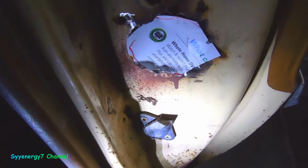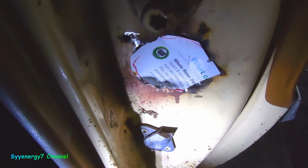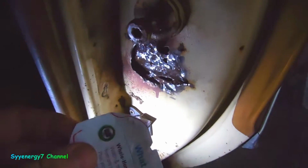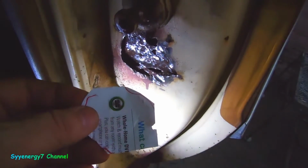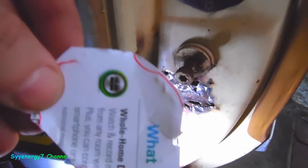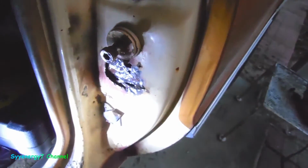Not really sure if I want to weld this in or not. Maybe I will. There's really, I can get behind here and spray stuff in there and put my hand back there. So all I've got to do is take this piece of paper and, see, what I'll do is I'll put this with the copper coat primer. I just have to cut out a piece of metal, 16 gauge, no, 18 or 20, 16. So put that piece of paper on the 16 gauge, spray paint around it, and we'll cut it out